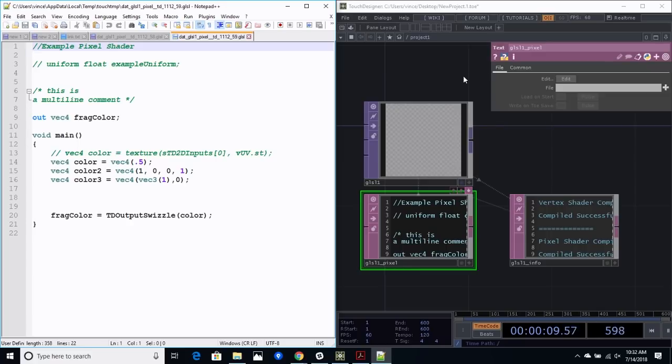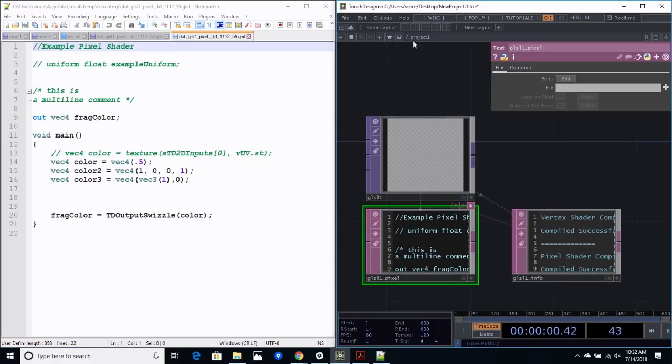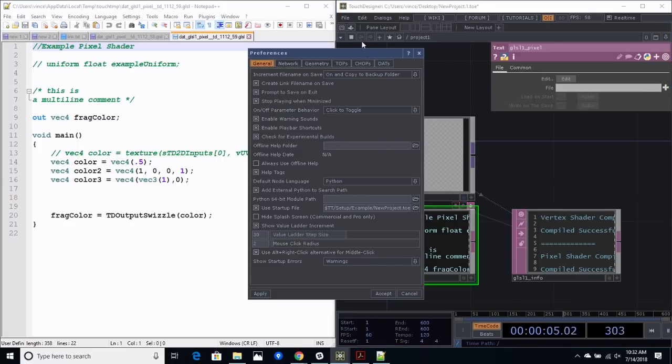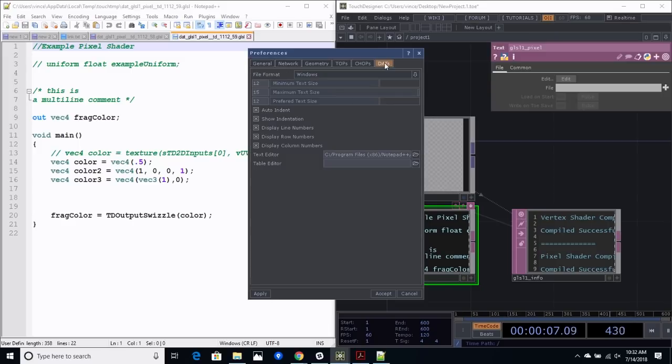So yeah, I'm not super familiar with Mac, so I don't know if you have a nice one. I know the Windows one, the default Notepad, is not so good. So how do you specify it? So you go to Edit, Preferences, DATs, and Text Editor. I think with Mac, it's on